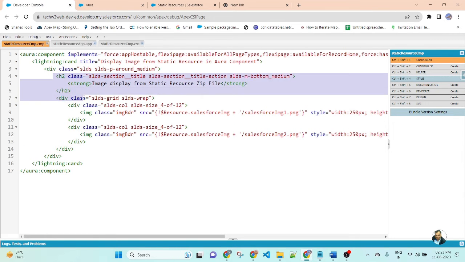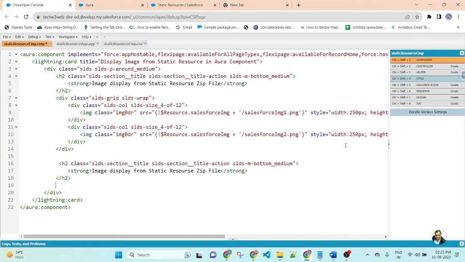First I will create a section, and the title name is image display from a static resource direct. So here I will display the image directly from the static resource.